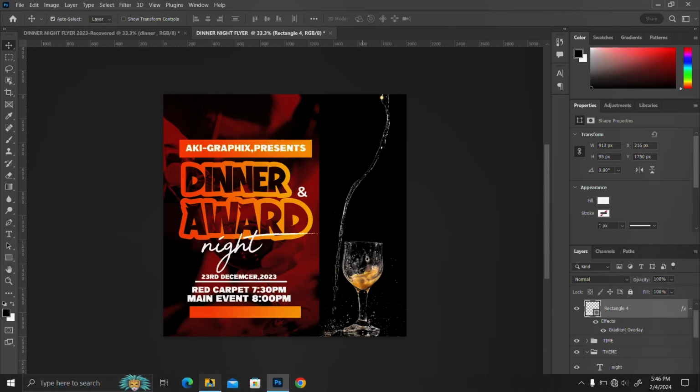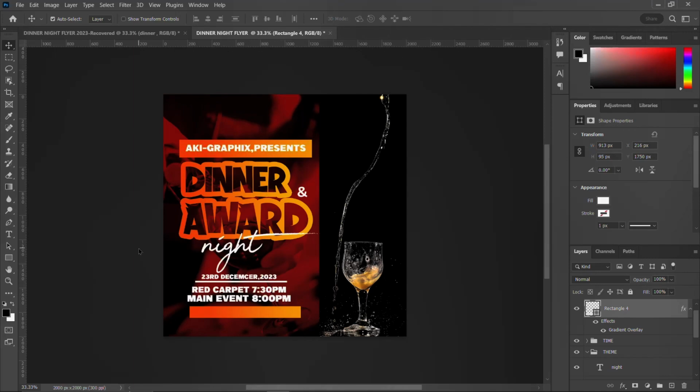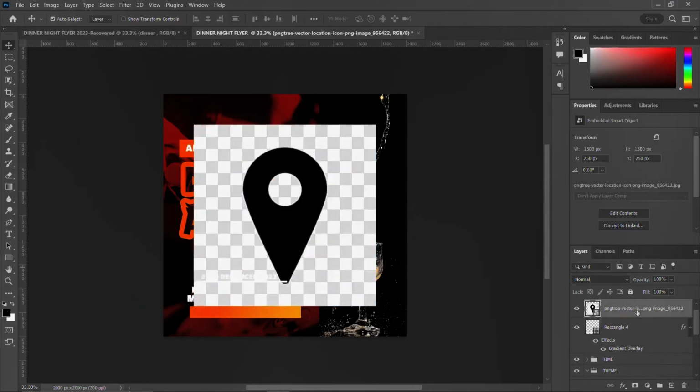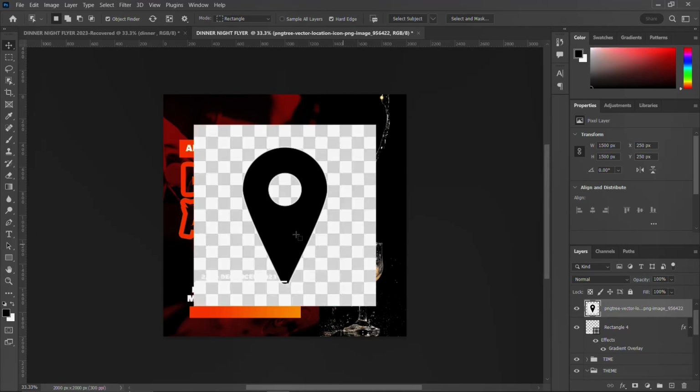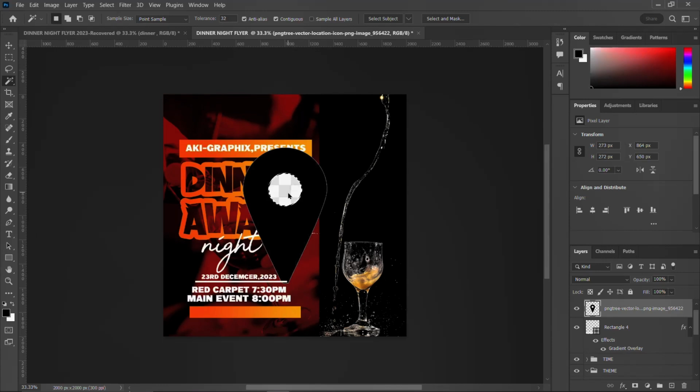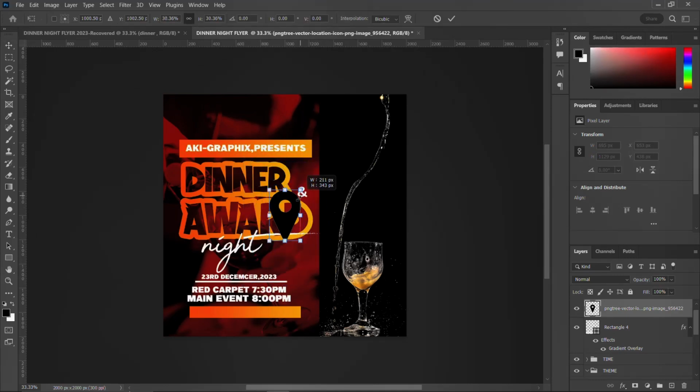And then let's go and pick the location icon, which is this. Drag it into Photoshop and then check it, right click and then rasterize type, and then press W on the keyboard, or go to this side, this is the W, and then right click and pick the magic wand and hit here and then press delete. Now hit here too and press delete. Now Ctrl D to deselect, and Ctrl T again to transform this to be very small,